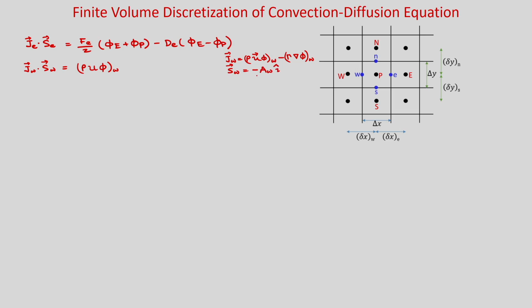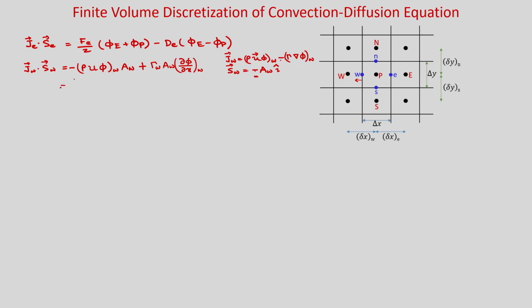Okay. So, this you have to remember, because this is minus, because at this face your face normal is in the negative x direction. Okay. So, that is why it is minus A_w i. So, now if you make a dot product, obviously it will become minus A_w. Okay. Similarly, here also you will get minus for the convection term, and another minus will come in the dot product and you will get plus, and you will write gamma_w, A_w and del phi by del x at w.